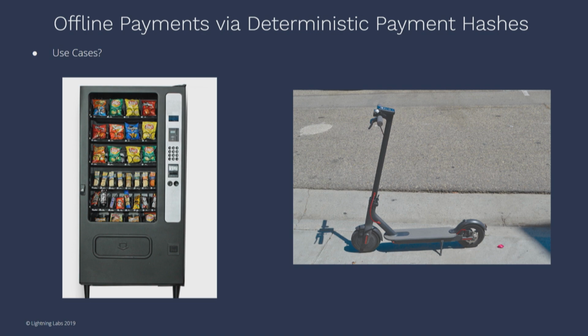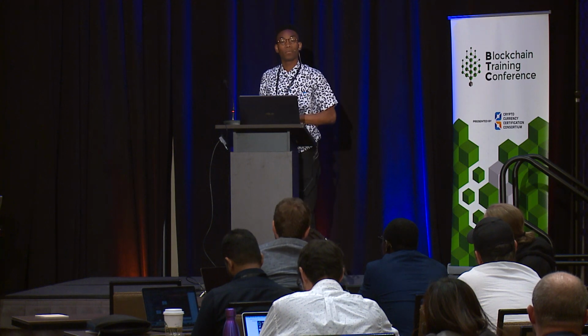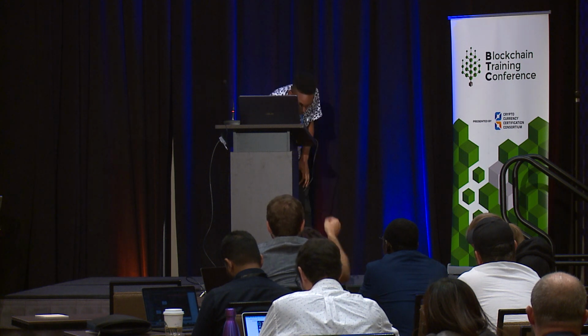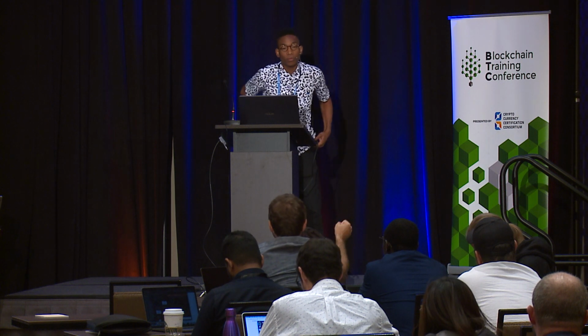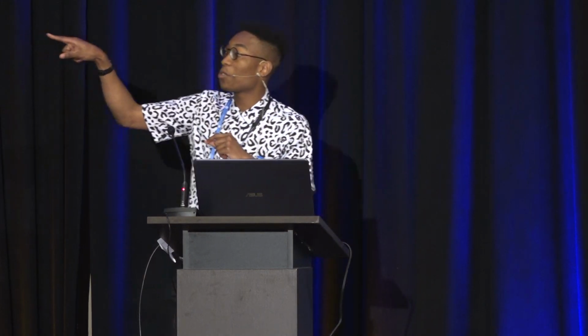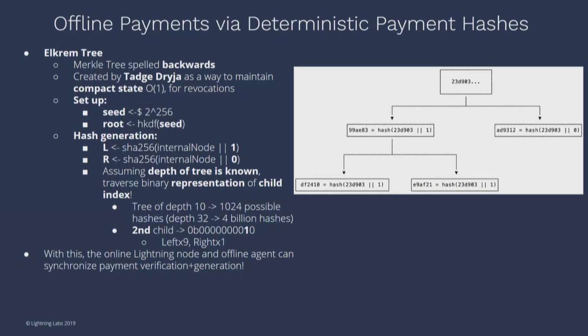Any questions on this stuff? Yeah. So you talk about this outcome tree and you're traversing down it based on the counter. At the bottom of that, is that producing the preimage that you then hash to produce this? Exactly. Yeah, that's a step that I left off. We can go back here. Okay, here. Yeah, so that thing, D to whatever else, that's actually the preimage. We'll hash that one more time in order to get the payment hash itself. That's a very good question.